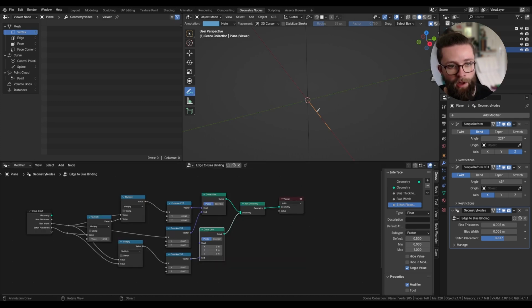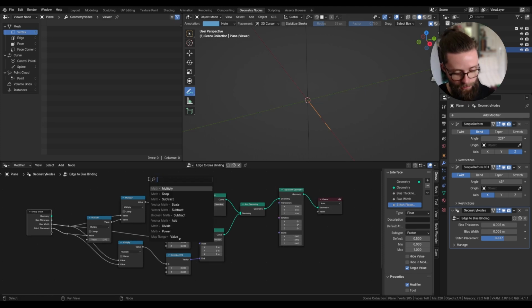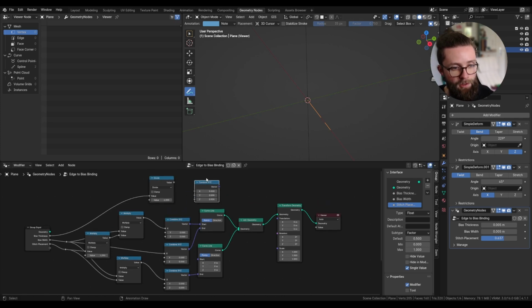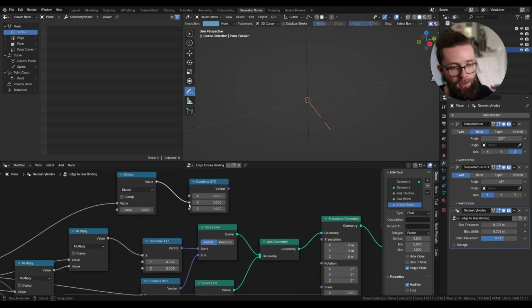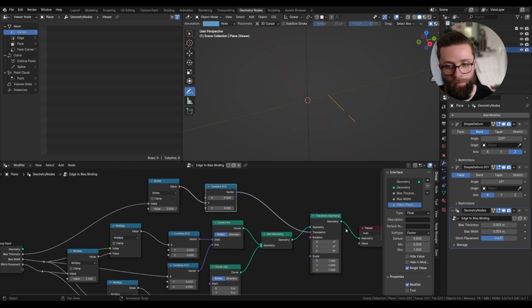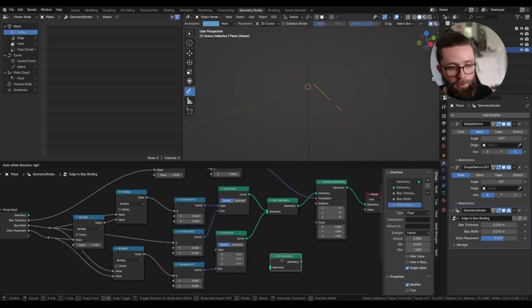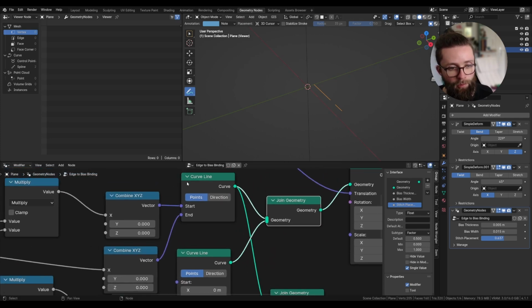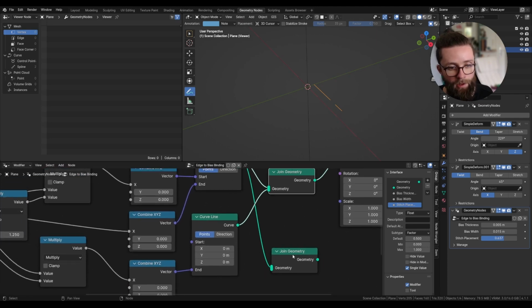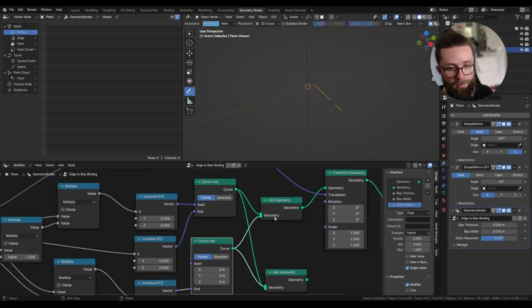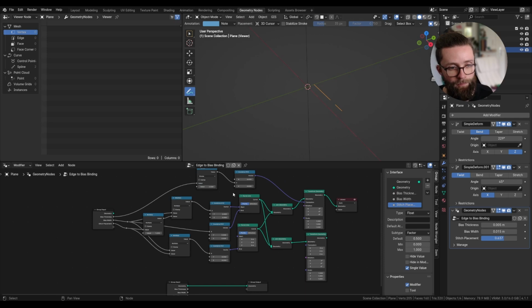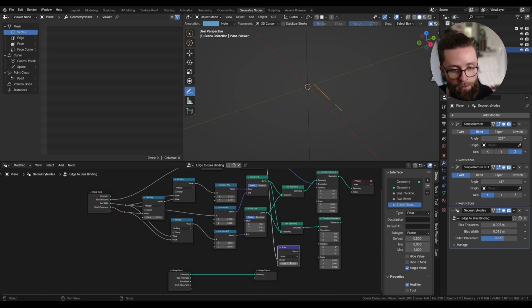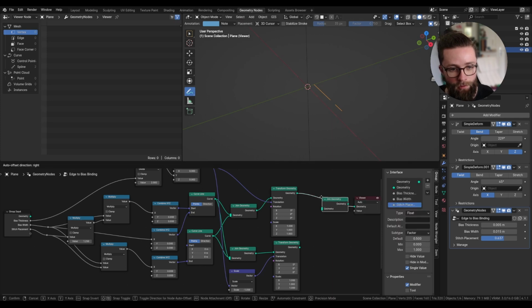At the moment we already have half of the curve. Let's translate it on the side by taking the bias thickness, dividing it by 2, putting this into the Y input of a combined XYZ node, and putting this in the translation input. For the other side, I want to duplicate the join geometry node. This time the order of the inputs is really important, so for the first join geometry we put the two curve lines in the order in which we created them, but in the second one I will want the other order. So make sure the inputs are placed like this. And now we'll also put the transform geometry node with the same value, but scaled by -1 for the other side. Now we can also join those two together,